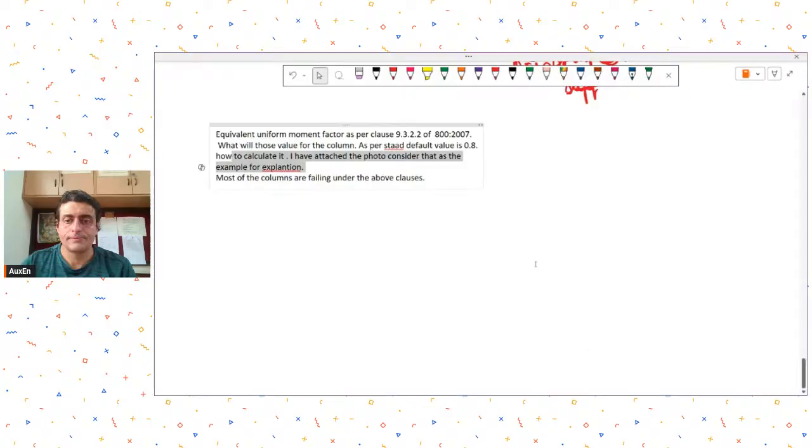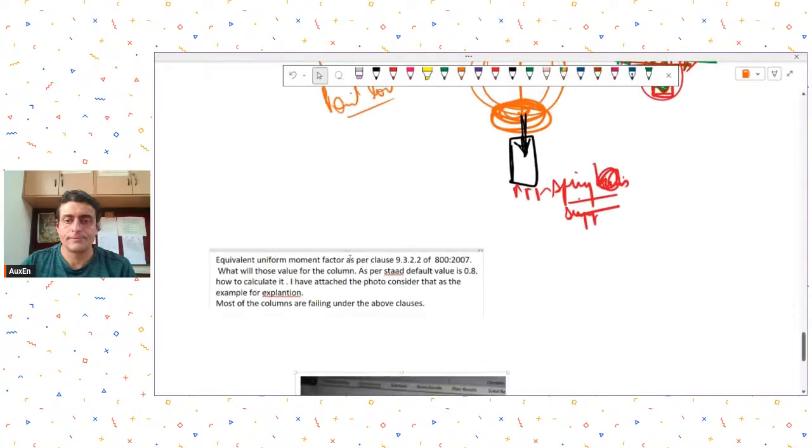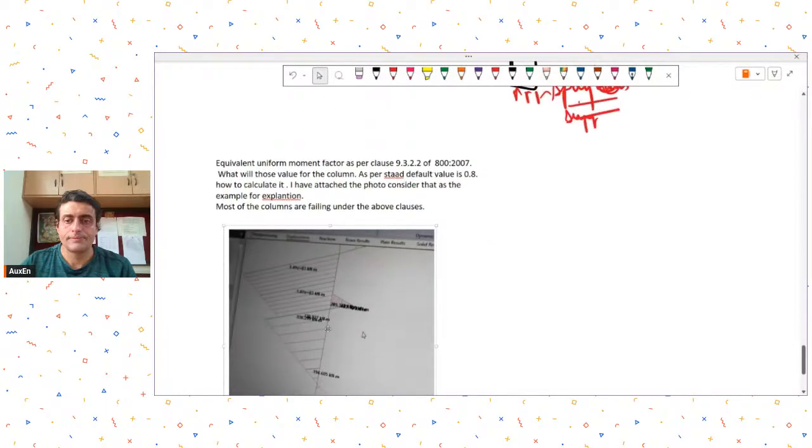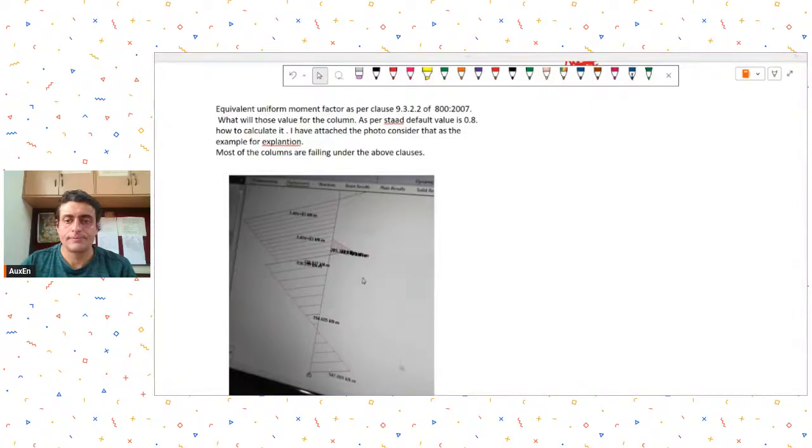No, so right now I don't know what is the moment capacity of your column, what is the utilization ratio. It would have been simpler for me if you could have just double clicked and showed me the steel design output also in STAAD. From moments I cannot find out anything, because I don't know what column sections you are using, what is its section capacity, and all these things are unknown. Only thing I can see is moments and their magnitudes. So this image alone is not very helpful, but I'll just show you the clause what you have highlighted,